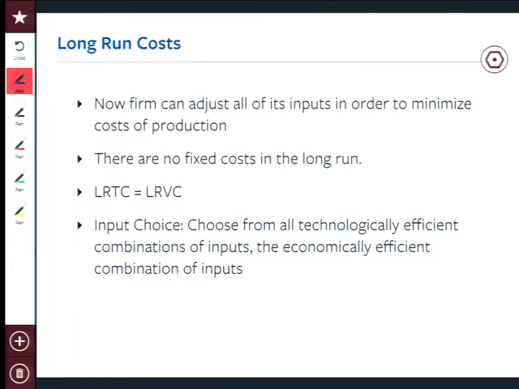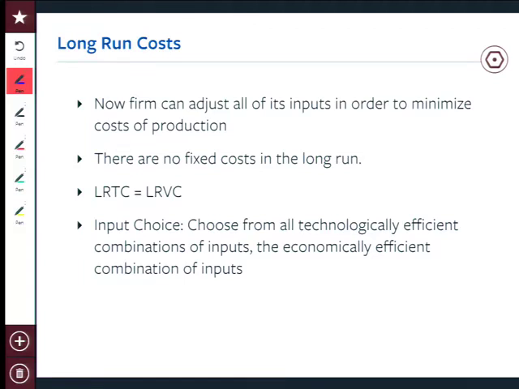Now what do you have to do? In the short run, you would have to choose the optimal amount of labor to produce whatever output you want to produce. In the long run, you've got a more complicated set of problems because you don't only choose the amount of labor given a certain amount of capital, but you've got to adjust your input mix. You've got to choose both capital and labor in order to produce your output in a way that ultimately maximizes profits or minimizes costs. So what you're going to do is choose a combination of labor and